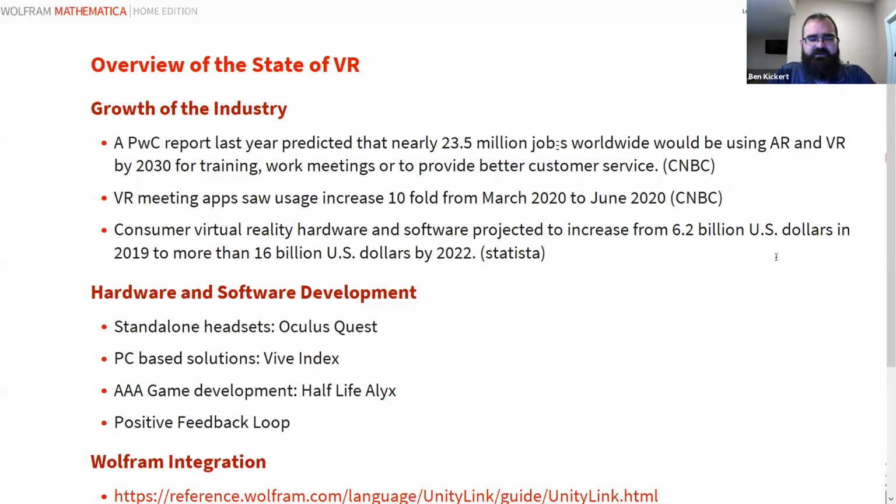If we look at some of the big players, PricewaterhouseCoopers has said that nearly 23.5 million jobs worldwide will be using augmented reality and virtual reality by 2030. So there's an expectation that it will be included as part of regular workspace engagement. We've seen VR meeting apps just in the months between March 2020 and June 2020, again due to quarantine, a tenfold increase in how meeting apps are being used. From a hardware and software side, we're seeing that market move from $6.2 billion in 2019 to $16 billion projected